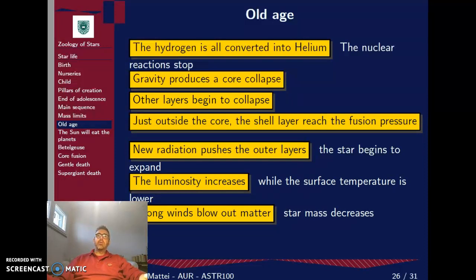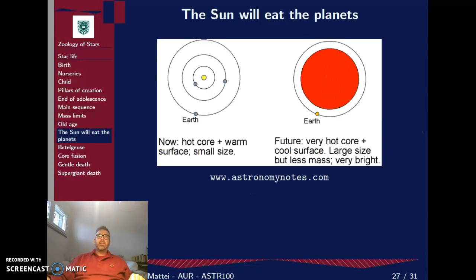And so at this point, strong winds blow out part of the matter. So this makes it so that right before dying, the stars make somehow a breath, and so it makes something like that, which makes it a variable star. And so what